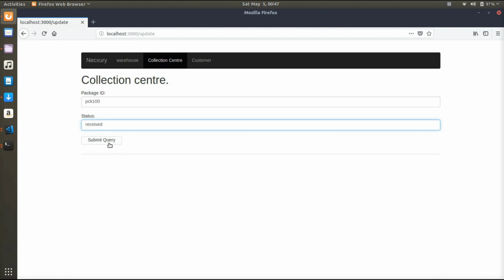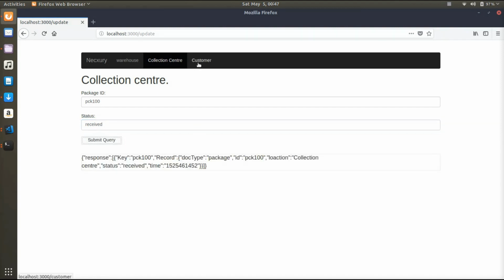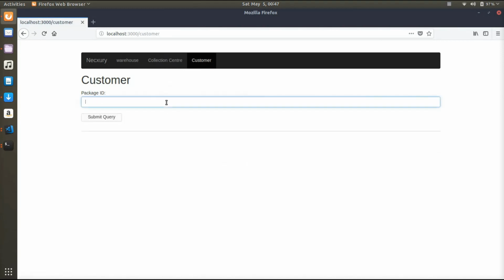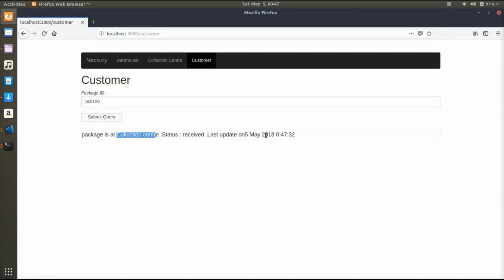So if I'll just submit the query, okay, it's updated. And if the customer now checks the status, so PCK100, so the package is now at the collection center and the status is updated on 12:47